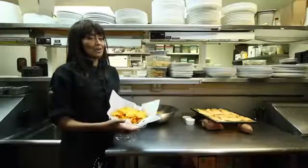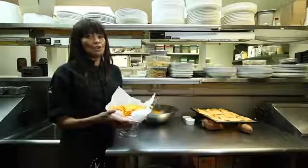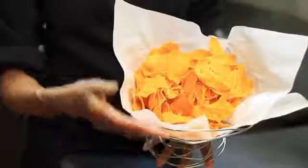So here we are with our puppy potato chips, sweet potato chips, but they're people grade too. You, your children can all share in this delicious,